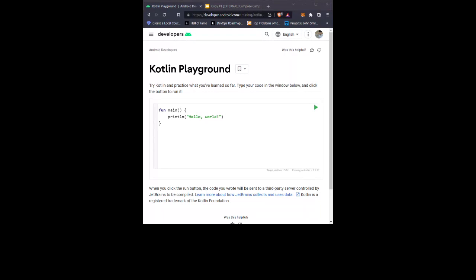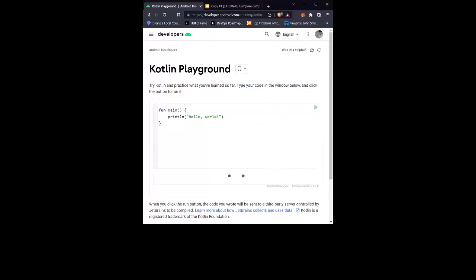guys. This is pre-built code. Now what you have to do is press this green play button, and you get a text called "Hello World." So this is how you run code in Kotlin Playground. You can simply